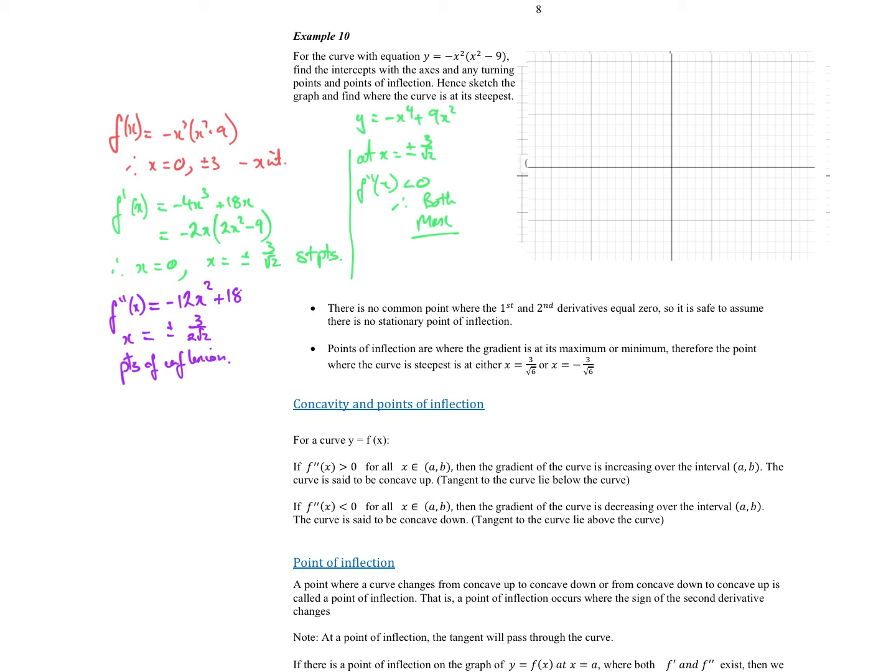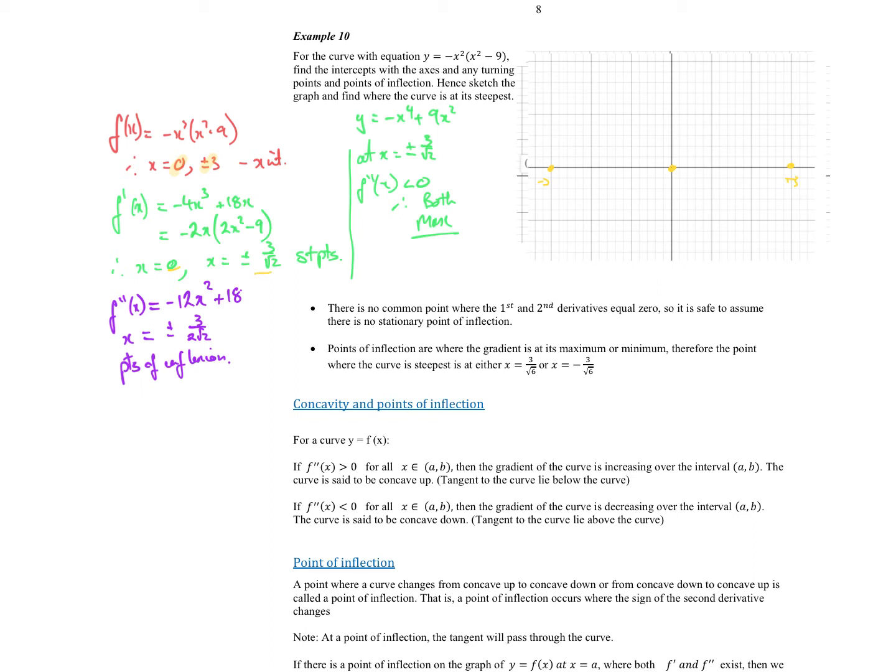Oh, geez, that's the wrong tool. That one. x equal to 0, x equal to plus or minus 3, I have intercepts. So straight away, I could put x equal to 0, plus 3, minus 3, yeah? Let's find my first derivative, f dash of x equals 4x cubed. Solve that equal to 0, I get x equal to 0, x equals plus or minus 3 on root 2,